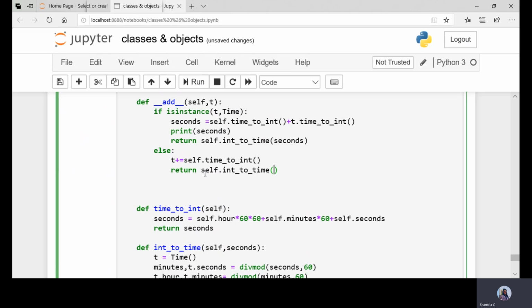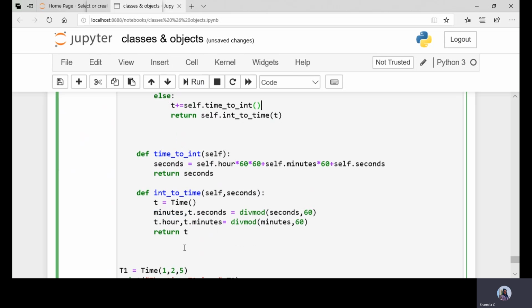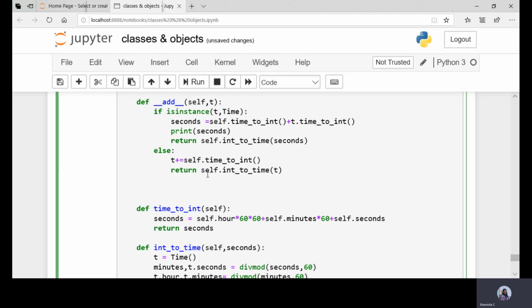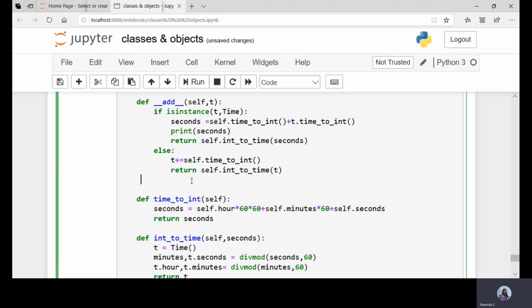Then return the seconds. So the final answer will be stored here. So return t. Fine. So we are calling this function, and it is going to perform the operation. So this is what we are going to do.